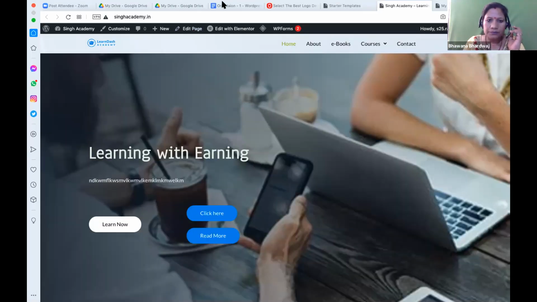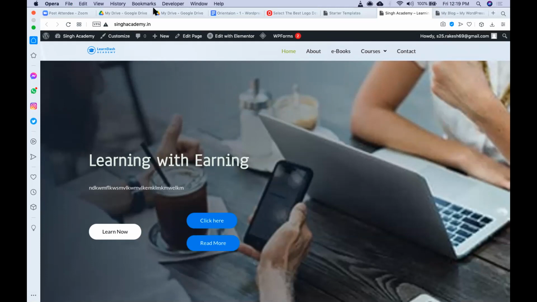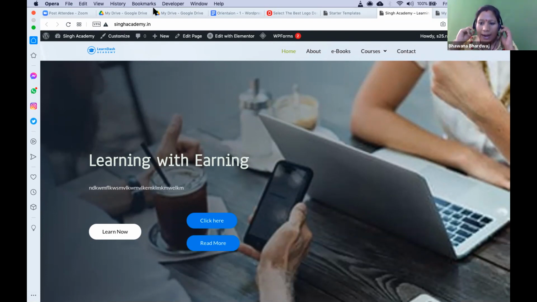I'm back. So how do you link another website to the same hosting space? The way I have shown just now: go to your host, add website, and add the domain name there. Whenever you add the domain name, they will create an exclusive folder for that domain on your hosting space. If your hosting space has an option to add multiple domains, you can always add a domain. Or if you want to add a subdomain, you can go through the same process.